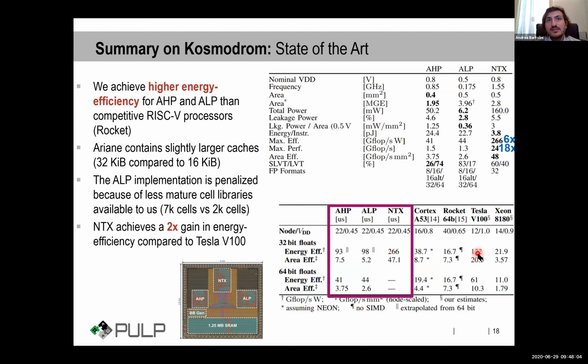So NTX can really improve the efficiency of 32-bit floating point operations. However, it is not capable of 64-bit, so double precision floating point operations, which are a need for exascale systems.